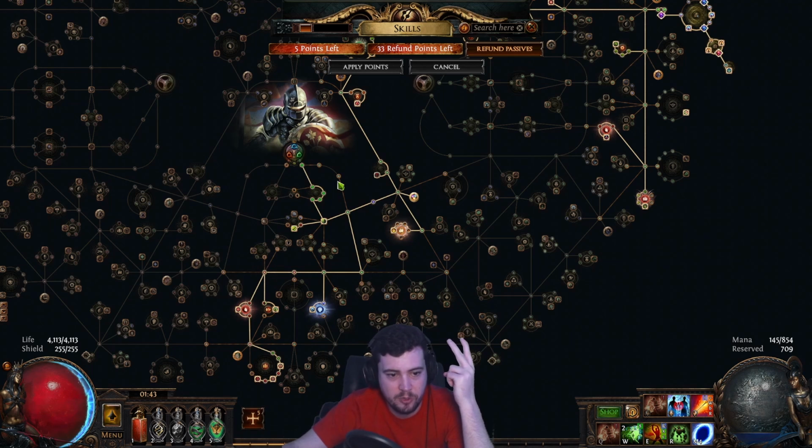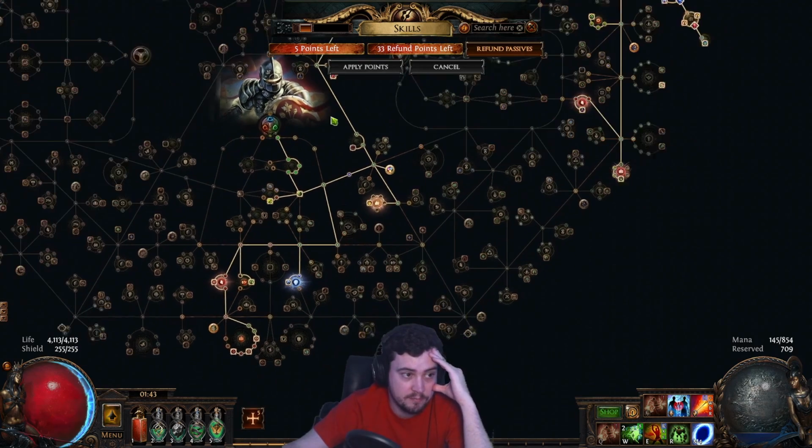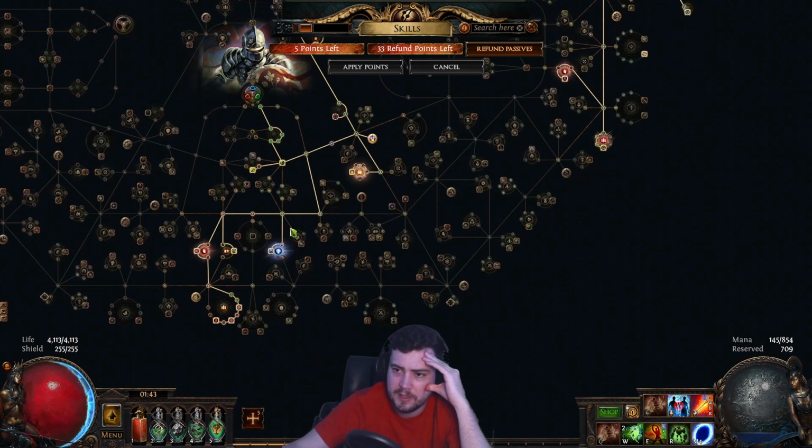If you have damage problems, you can put in faster attacks or burning damage, something. 4 link is all you need, and this build is ready to go. And when you get Fortify, you feel amazing. So come out here, start by going for...